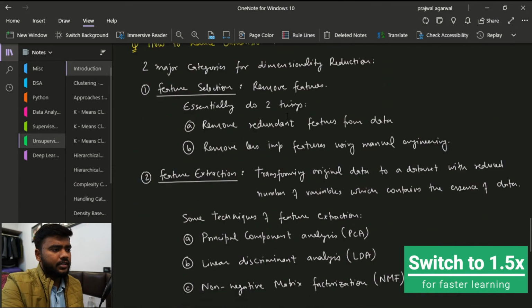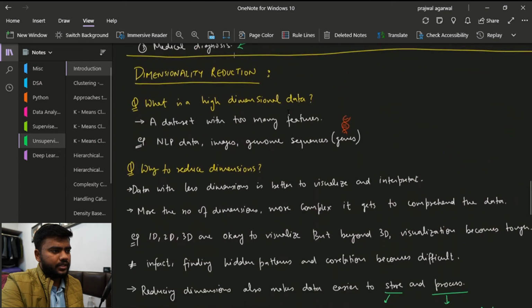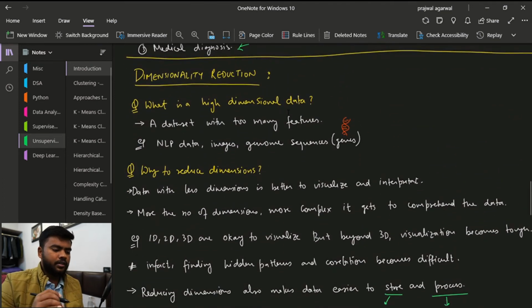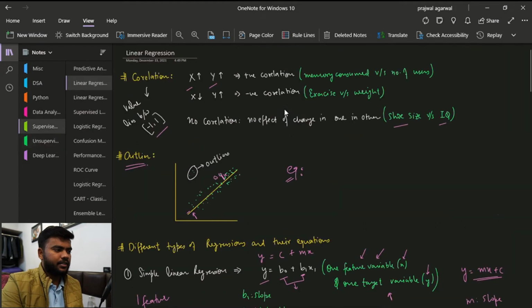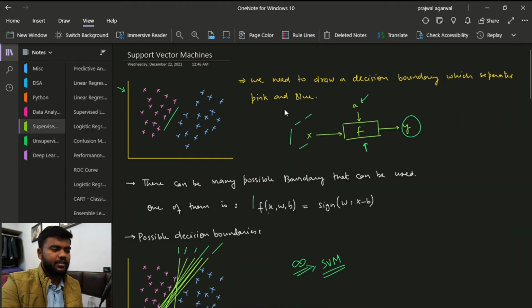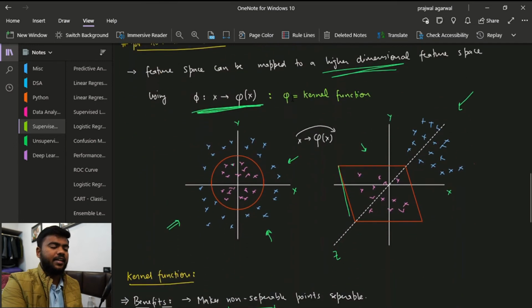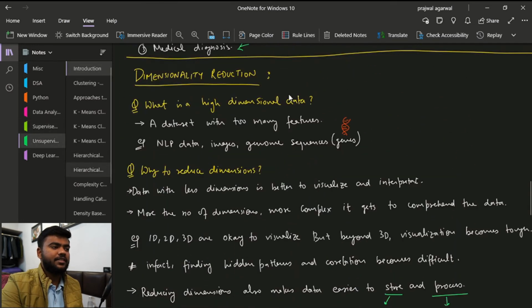And the third category that we talk about is dimensionality reduction. If you remember, in support vector machines, the idea was to increase the dimension, and I said that increasing the dimension is never a good idea because it increases the complexity of our problem. That is why we decrease the dimension of our model, to make it more computable. Okay, so there are some data sets which have too many features.